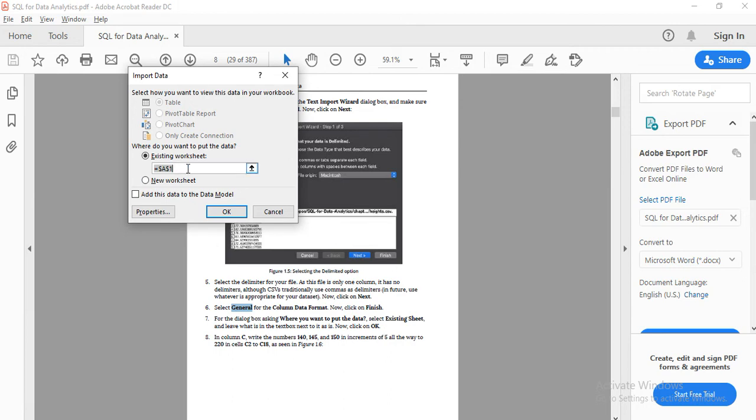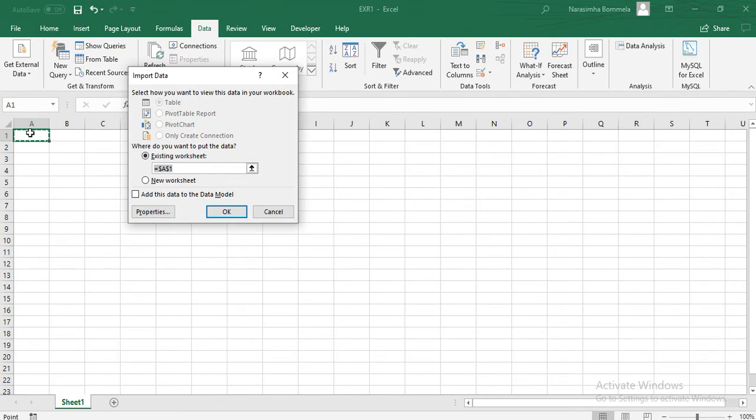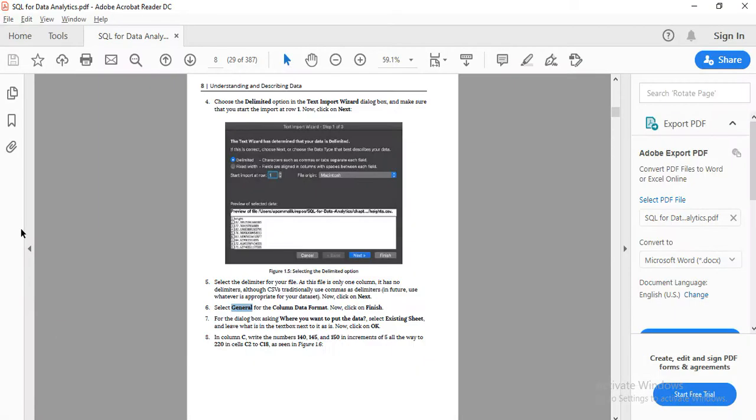Nice. Here we start pasting content from A1. Next click OK. Just by clicking this, the data from the CSV file will be copied and pasted here. Ignore how many rows there are, whatever the information is, ignore that. Just follow the steps, that's it.